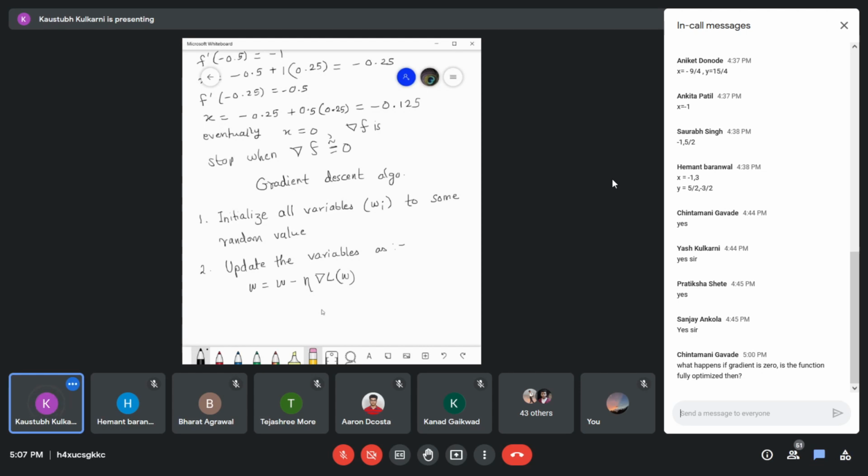So here this w minus automatically handles it, multiplied by this learning factor, learning rate, okay, and repeat step 2 until, now there are two cases, until either